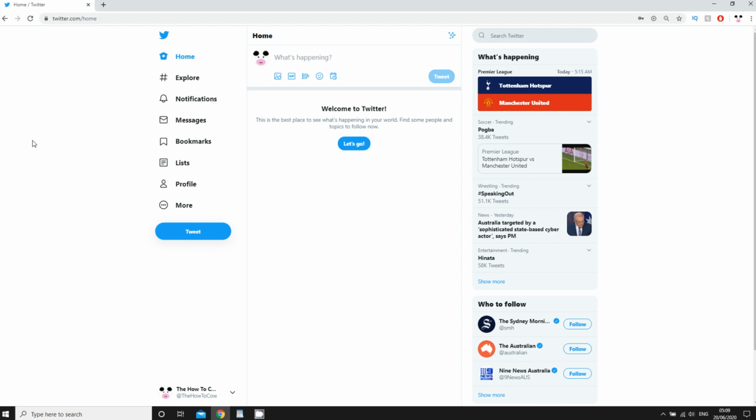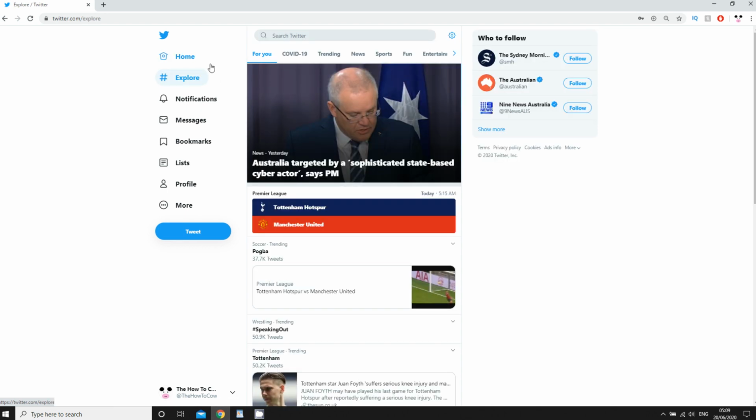Next, for the laptop computer, you're going to want to go ahead and click on Explore on the left hand side of the screen, as you can see me doing there. Once you've clicked Explore, it'll be on the For You thing at the top again. Then you're going to want to go ahead and click Trending at the top, and then that'll be done right